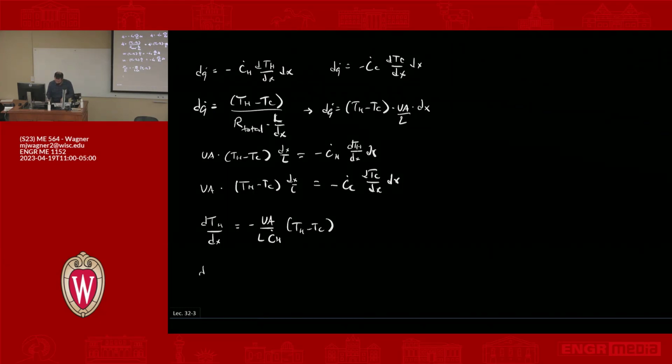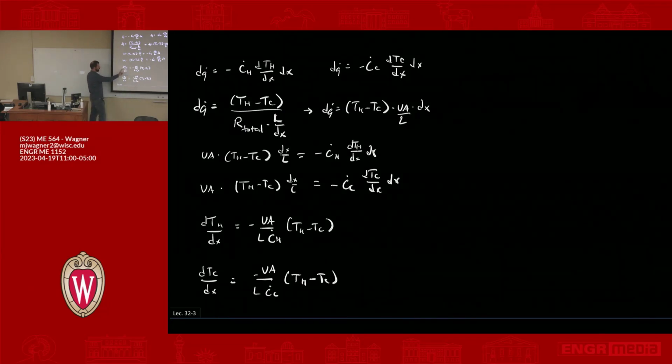And the other one is dTC dx equals minus UA over L C dot C times TH minus TC. This is a first order derivative, so we're going to need some boundary conditions to solve it and pin it down. So let's say what our boundary conditions are on